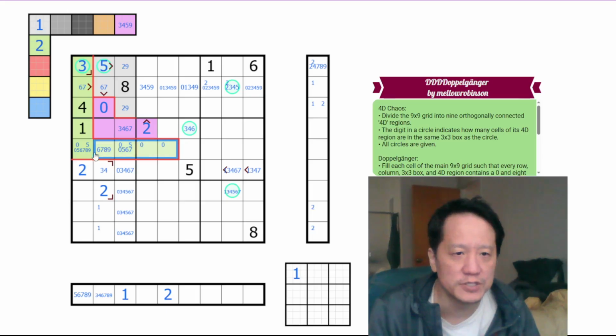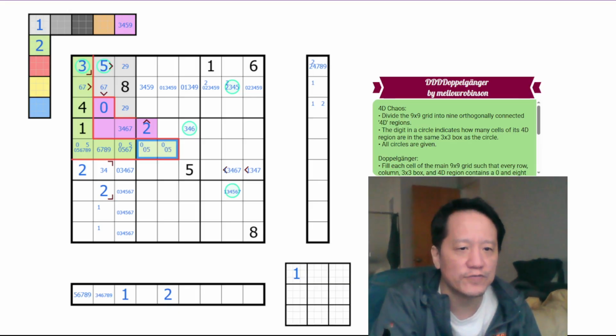Because it must be missing in a column where blue... Okay, so then 2 has to be missing in rows 1 or 3. This cannot be missing a 2 here, right? So we have this as 0, 5, 6, 7, 8, and 9. So here we are guaranteed